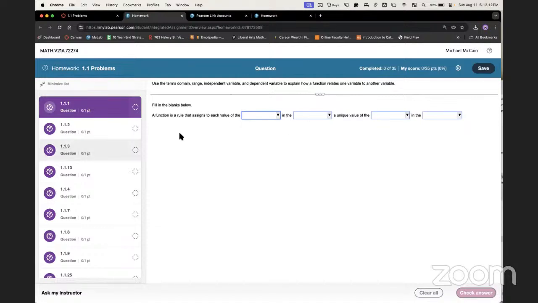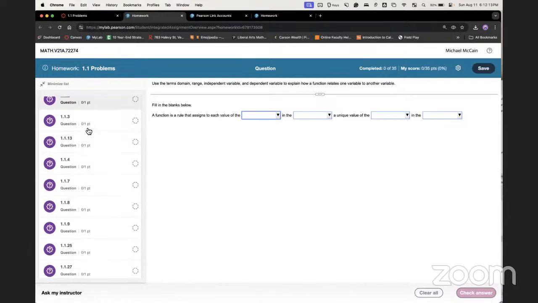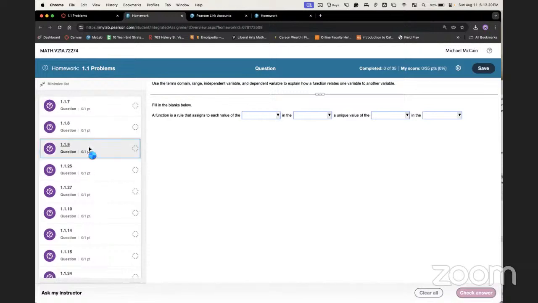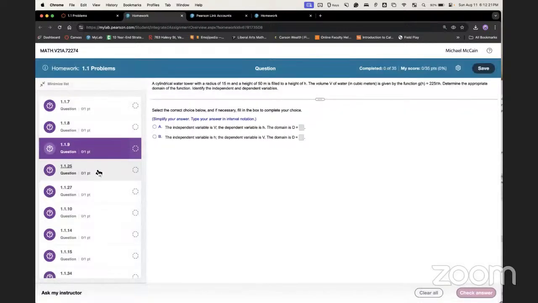All right, so our first few problems are more conceptual. However, later on, let's skip over to 25 here. Now we've got some problems that are going to require some work. So